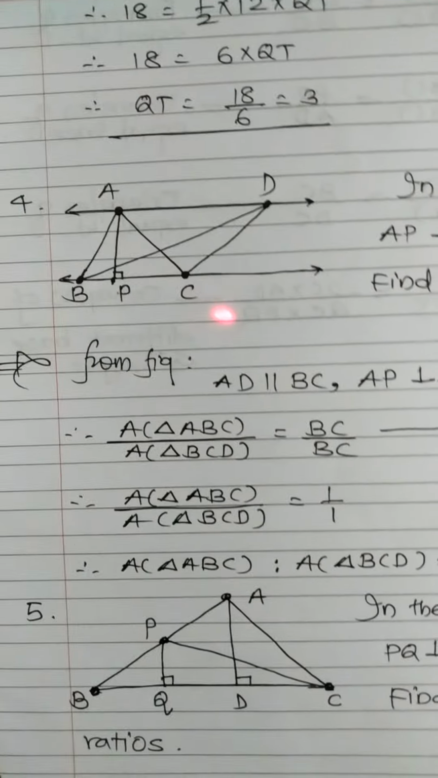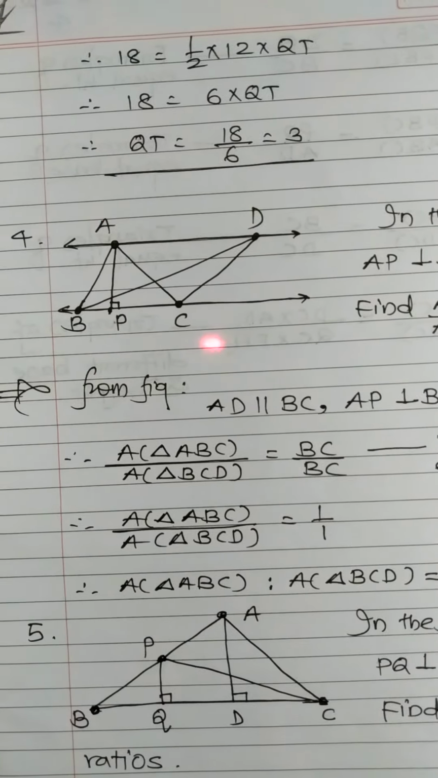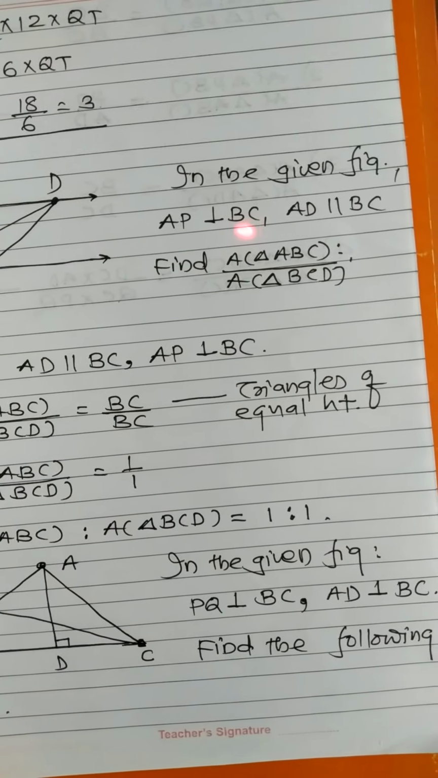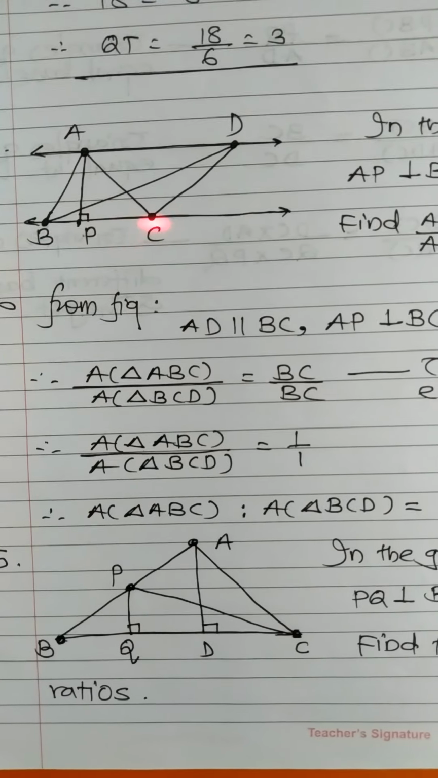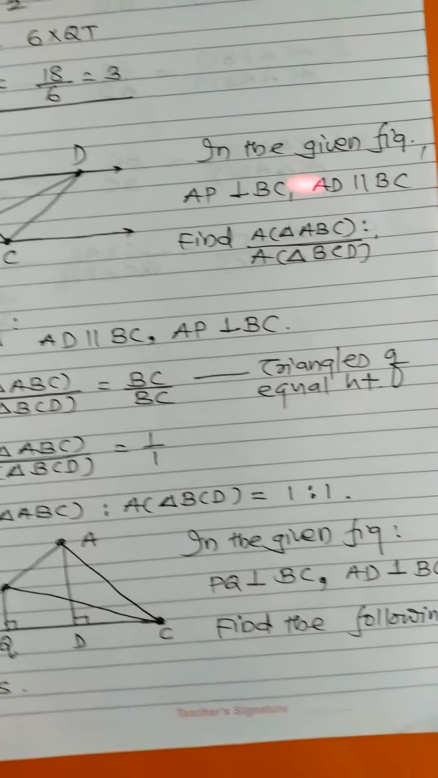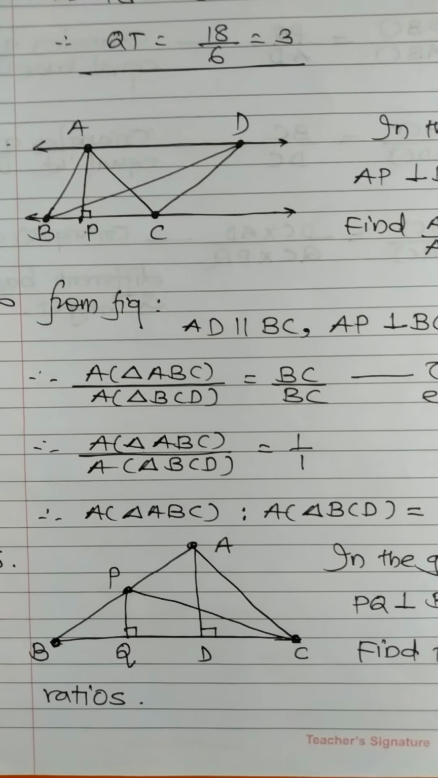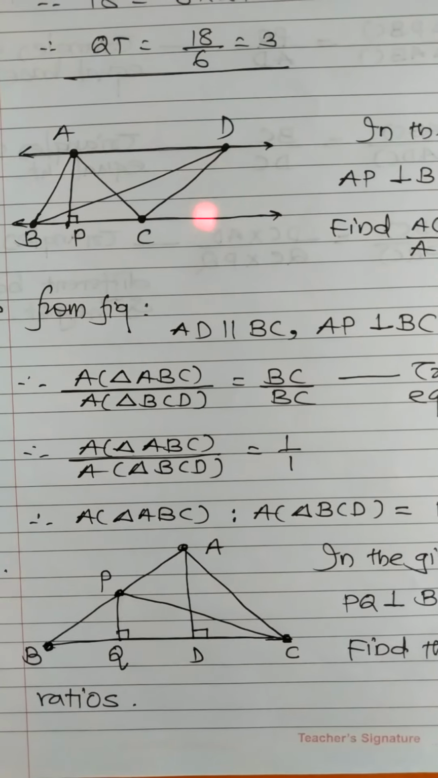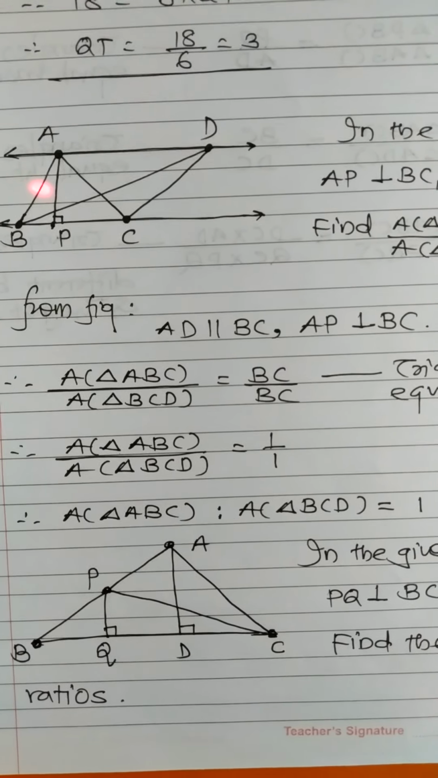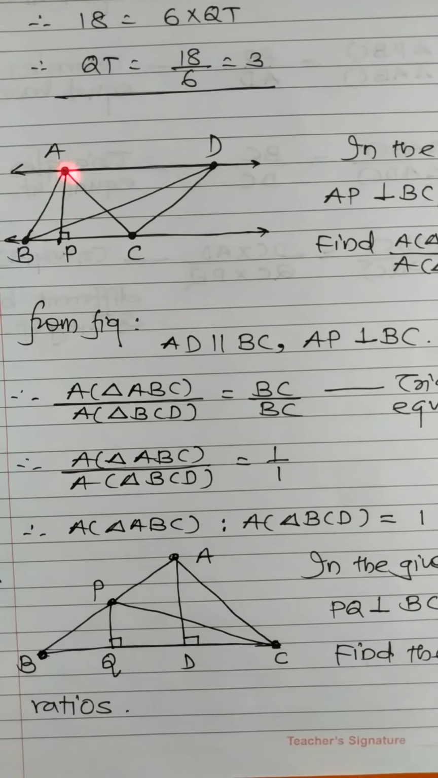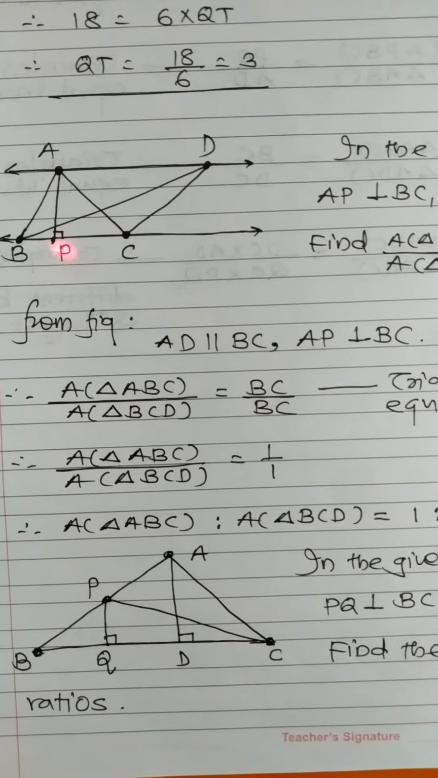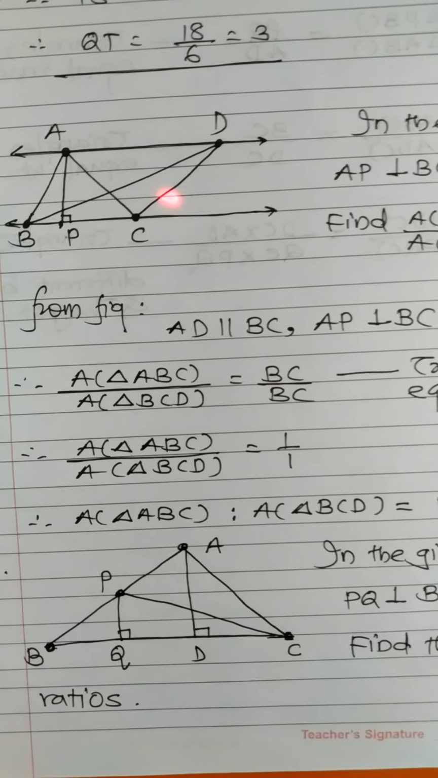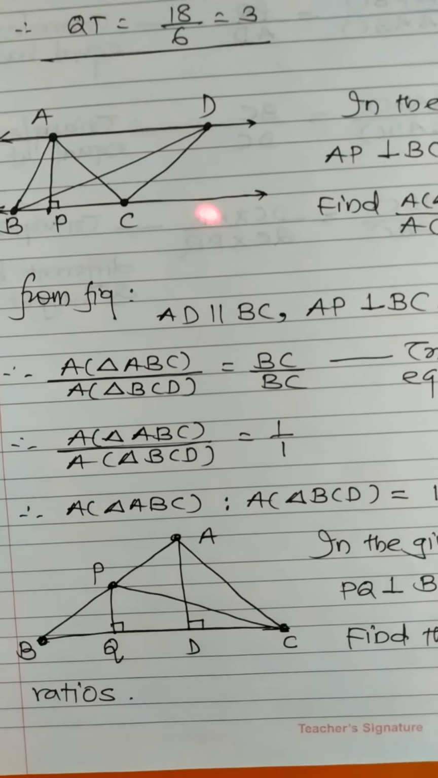Now the next one. Once again, in the given figure, the two lines are parallel to each other. It is given that AP is perpendicular to BC, and AD is parallel to BC. So as far as lines are parallel, the distance between the two parallel lines at any instant is the same. We consider AP as the distance between the two parallel lines because it is perpendicular to BC. So the height of these two triangles is the same because these two triangles lie between parallel lines with a common